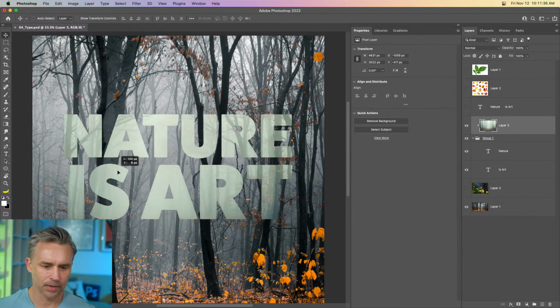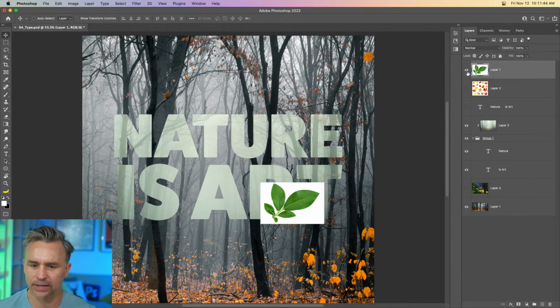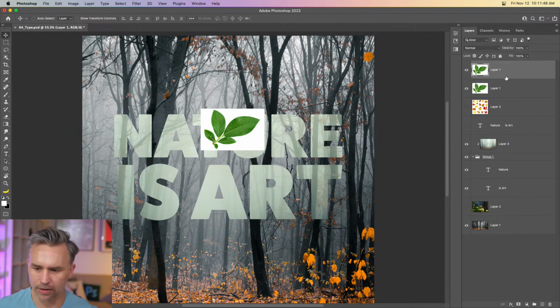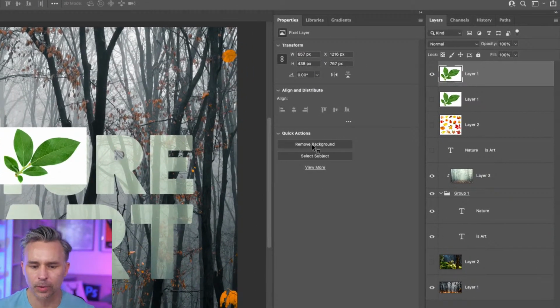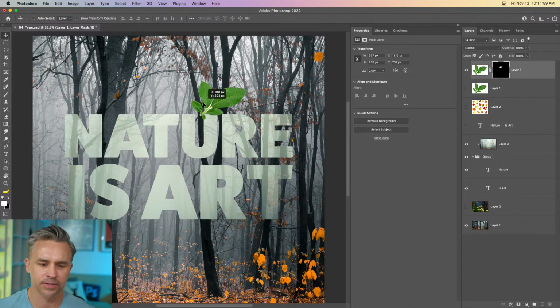Okay, cool. So, let's do this now, because we could now add more fun elements to this as well, because I have this lovely leaf, right? I'm going to duplicate this layer for one. We talked about this the other day, sort of, this is what I would do. I just want to knock out the background, open up the properties panel, remove background. Shablamo. There it is, right?